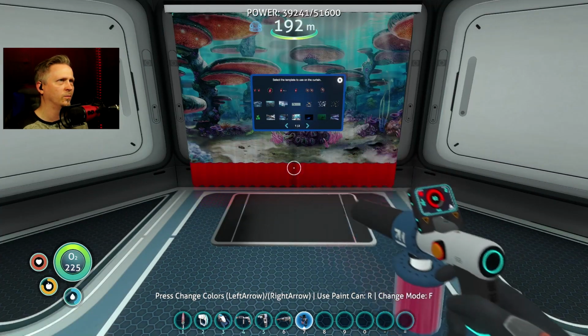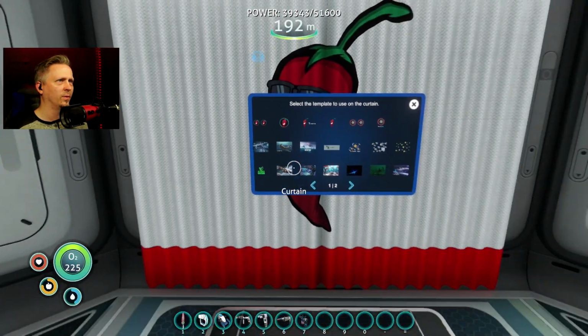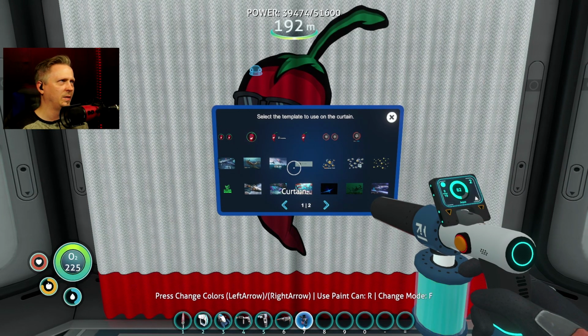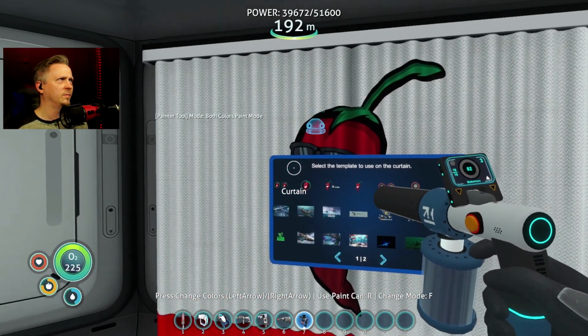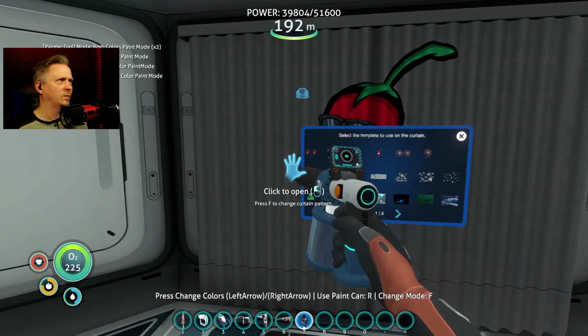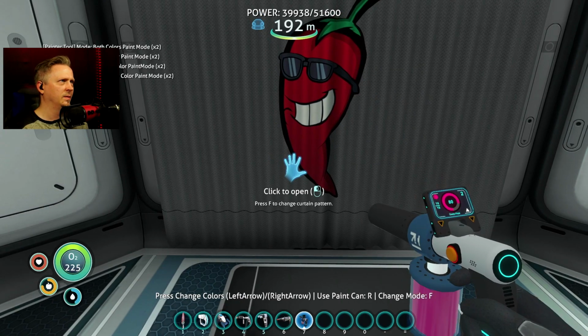Let's go with the red, the vibrant red. And now we gotta throw that in there. Gotta go with that, and we need a darker one. Doesn't have to be black, but something a little darker to help the image stand out. So we'll start with 3. Yeah, okay. So 3